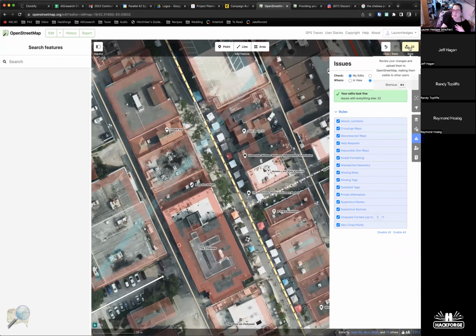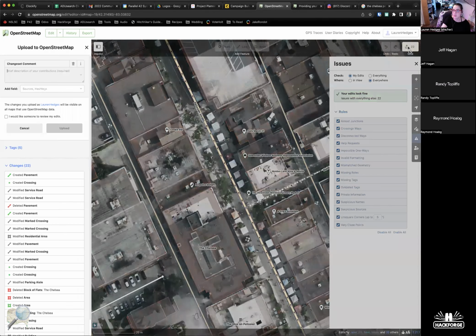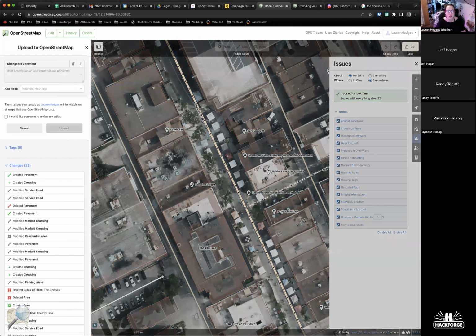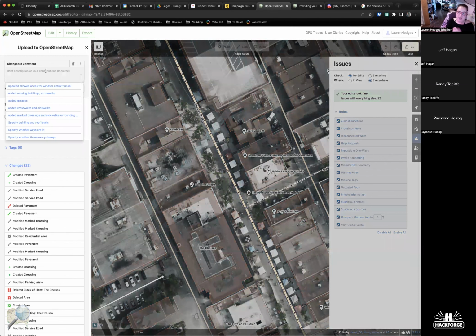We want to make sure that our stuff is good before we get into cleaning other people's messes. So what I did right there was I clicked this save button. Escape. You'll see up here in the top right corner, it goes kind of yellow because there are things to save. I'm going to click on it to save. And then you put the comment for your change set, just letting people know what you changed,